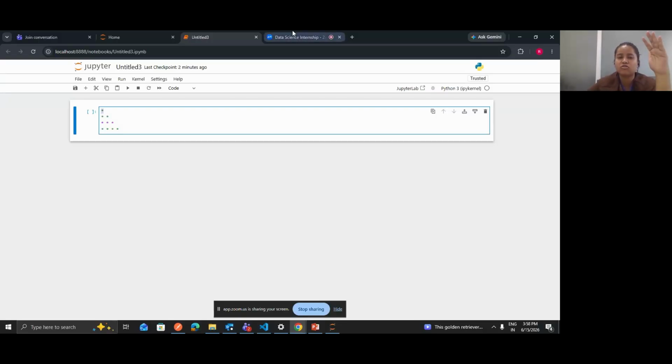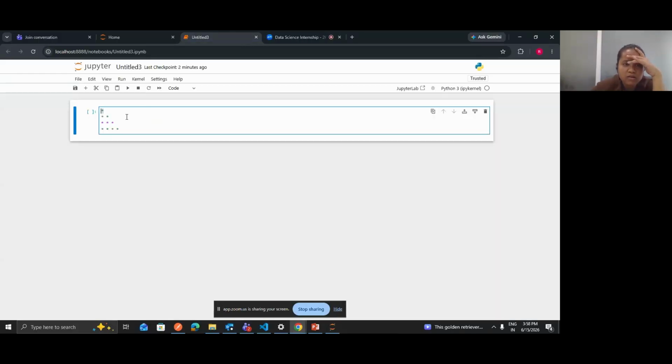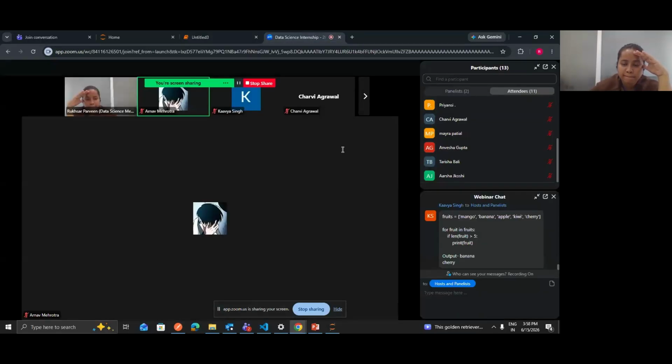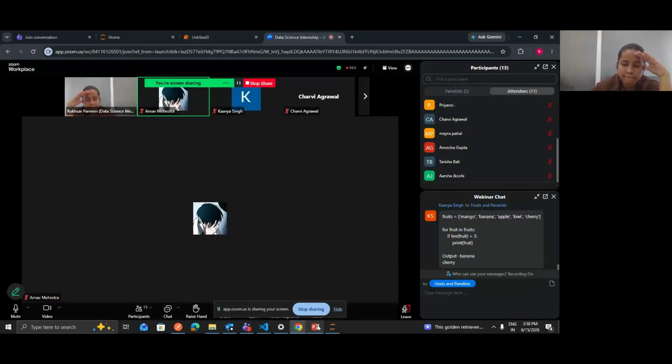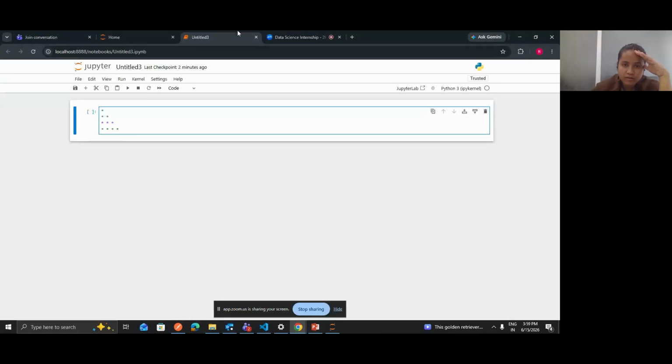So this is the logic of this code. Try to write it. I hope it is not very complicated for you, but just try if you are able to write it or not. Let me know if the question is not clear to you. I can explain.